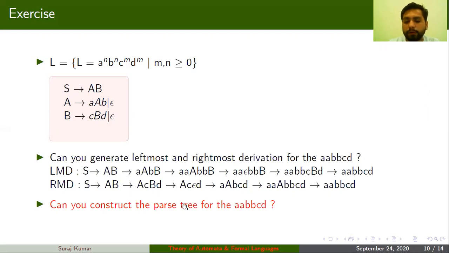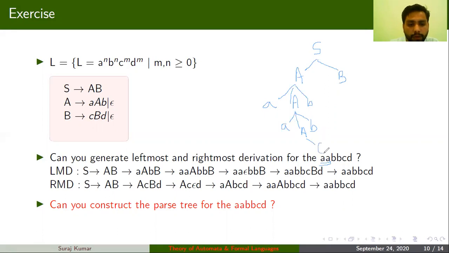Fine. So now can you construct the parse tree or the derivation for this? So yes, you can generate. So basically you will start from the starting symbol. The starting symbol has two variables, S implies AB, and then to generate this A, you will replace this A with capital A and B. Okay, first A has been generated. Now to generate the second A, you can again replace this A with A, B. So both A, double A and double B has been generated.